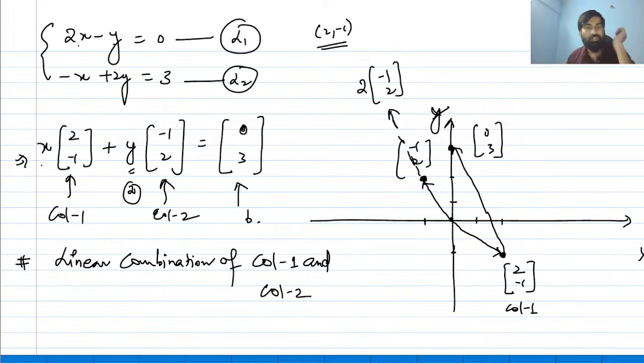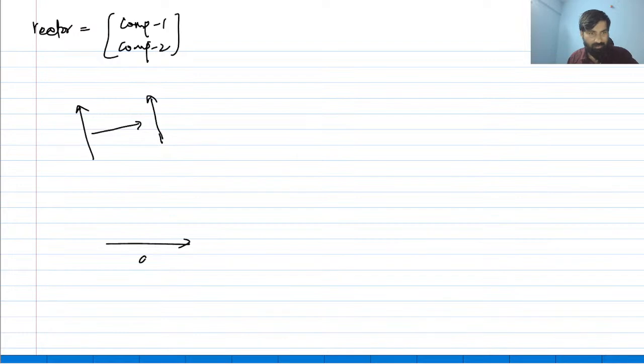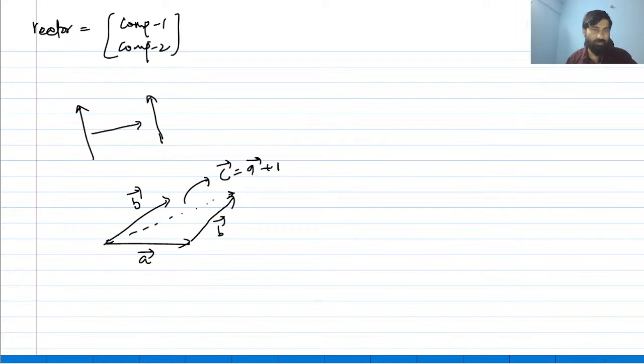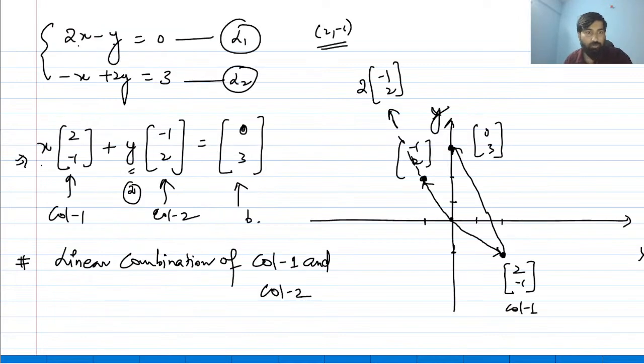Okay, understood? So you see here we are adding these two vectors. Let me take here, suppose one vector is this A vector and this is B vector. So if you want to add A and B, you will take this B here and now add it, right? So this is a new vector C equal to A vector plus B vector, and we call this the triangular law of addition. Everybody is familiar with this concept? Please confirm once. How to add two vectors? Okay.